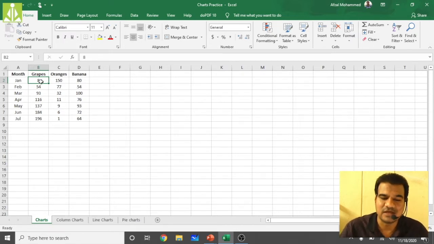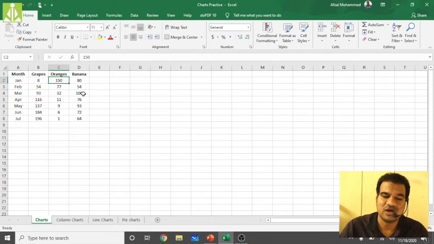In 8 hectares of land the grape production has been done, then 54, 93, 116. So it has grown from January to July. And for oranges, it has decreased from 150 to 1. And bananas also have some random behavior, first it increased, then it decreased.